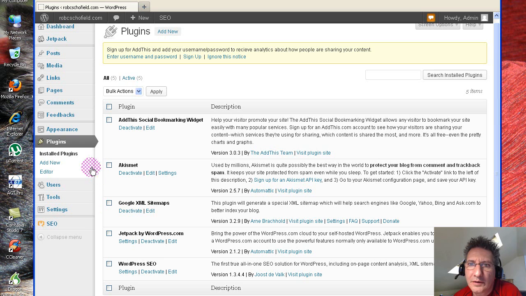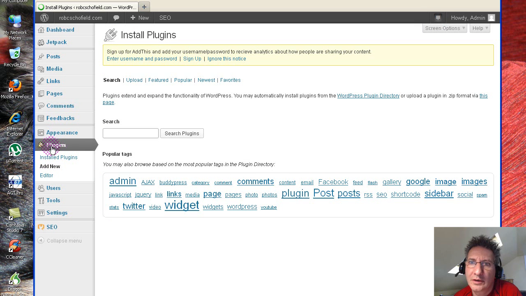Let's just go across to where you would go to get your plugins. The plugins subdirectory is already there when WordPress is installed. You just go to Add New, and if you know the name of the plugin, then you put it in here. If you don't, then it's like a generic thing. If you want a stats plugin, then you type in stats,